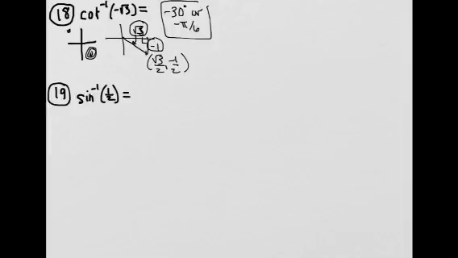So sine inverse of 1/2, the ratio is positive 1/2. So the angle associated with a sine of 1/2 is a 30-degree angle. So you either write 30 degrees or you write pi over 6. And then the next one is 36. And that one is sine